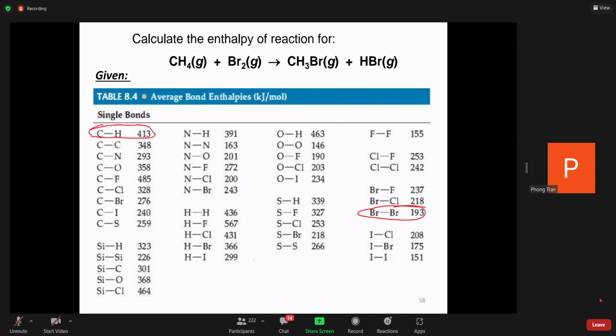You have a product which makes CH3Br. So you need to consider the carbon-hydrogen, carbon-bromide, this one, and then hydrogen bromide, this one. So then the enthalpy of reaction will equal to